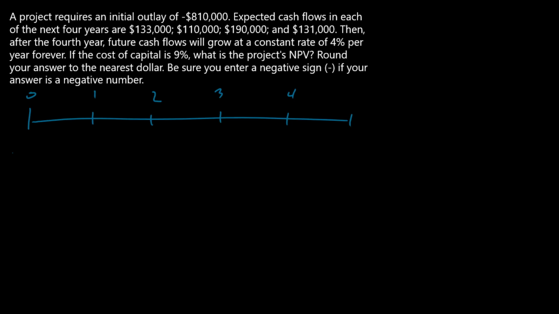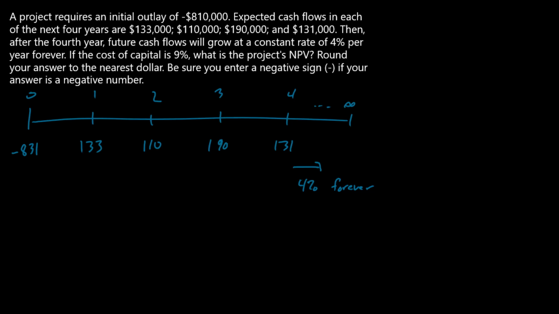So here's what we know, and I'll write these numbers in thousands to save space. So we know the first four cash flows, the first four inflows, are these numbers in 1 through 4. But then we also know, and I'm just going to go to infinity out here, these cash flows are going to grow at 4% per year forever. And so when we've got cash flows going on forever, we typically have to embed some